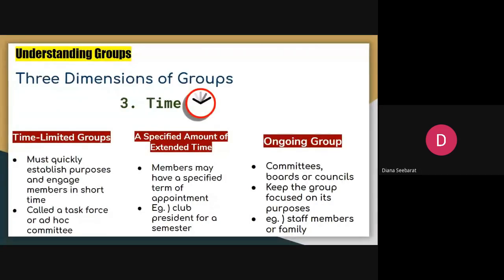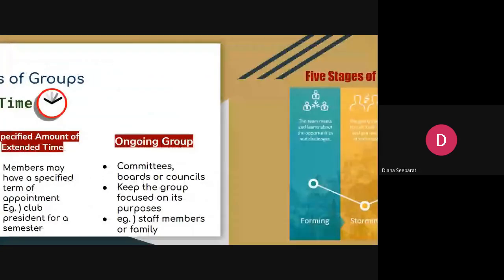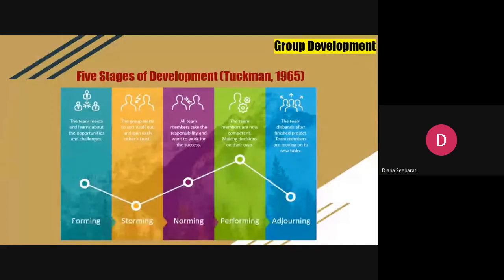So the second heading is group development. One challenge to leadership is to attend to the process of group development in order to facilitate the most involvement of the most members in the most effective way to make the best decisions. According to Tuckman 1965, there are 5 stages to group development.